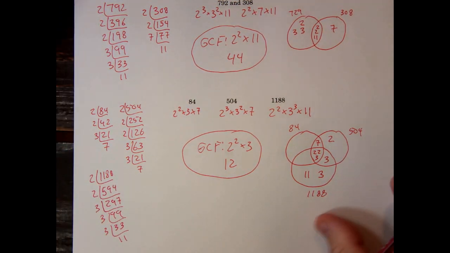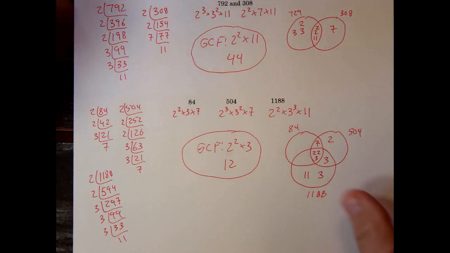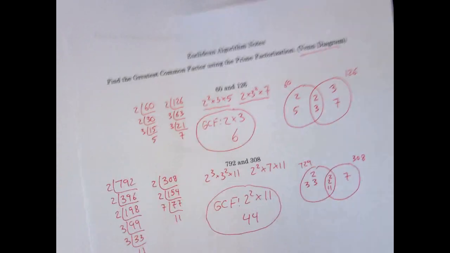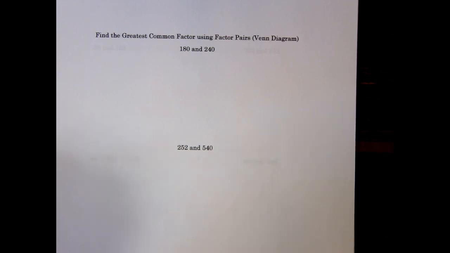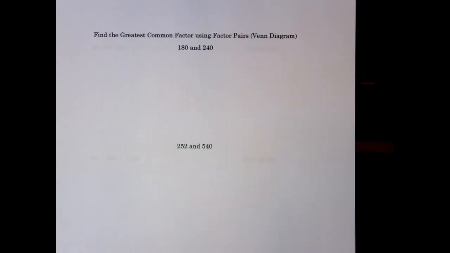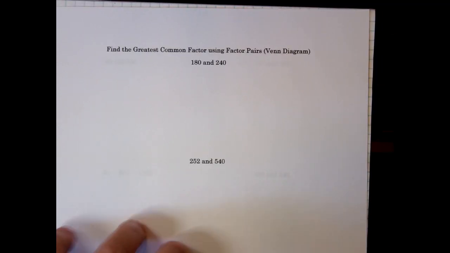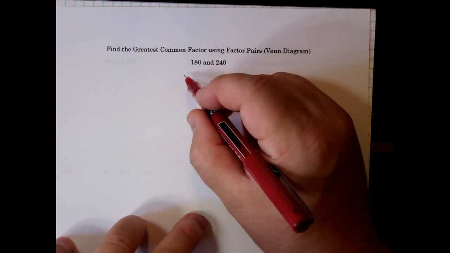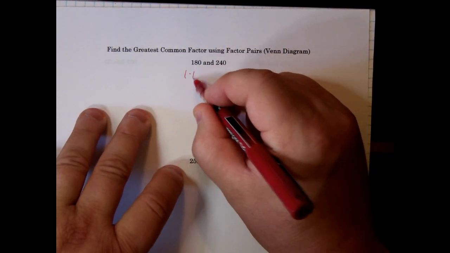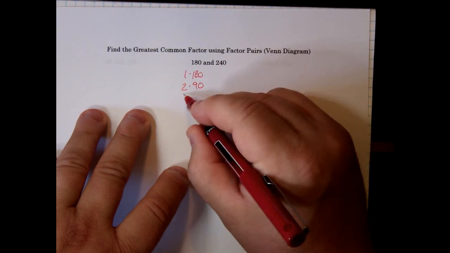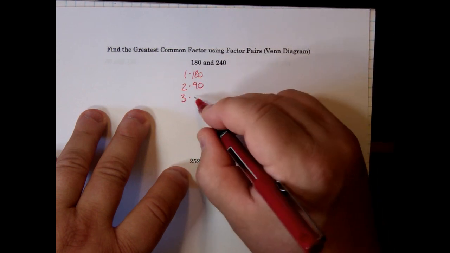All right. So go ahead to the next page of the notes. If we look at this with factor pairs, and the greatest common factor, it's 180. Factor pairs are 1 times 180, 2 times 90, 3 goes into 60,